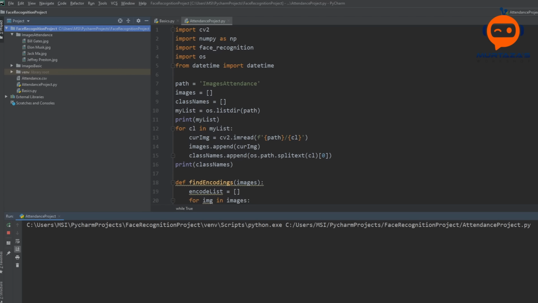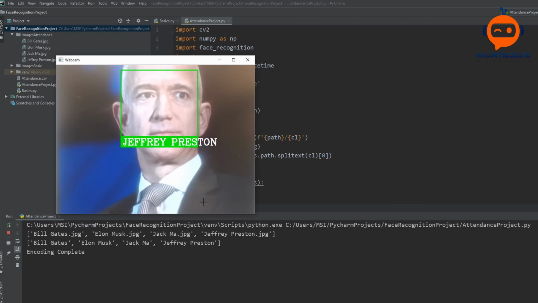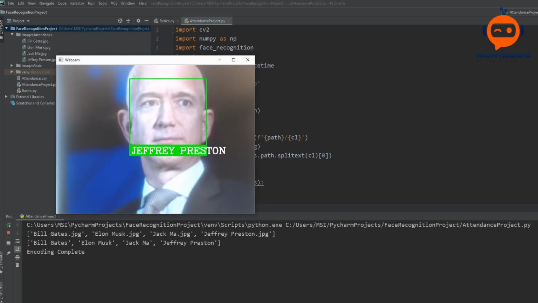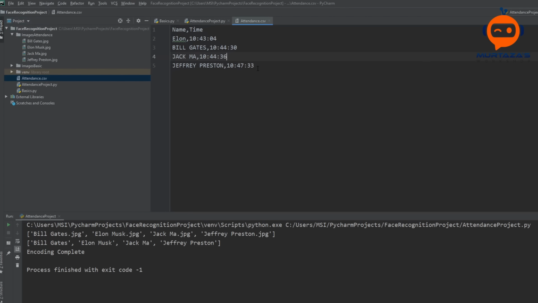So if I run this, and now if I bring in the image, you can see that it has detected it properly. If I close this and go back to my attendance, you can see a new record with the correct name has been added. So this is how easy it is to add new people. All you have to do is bring in the images of whoever you want to add to this folder.